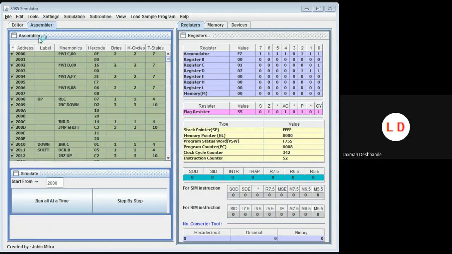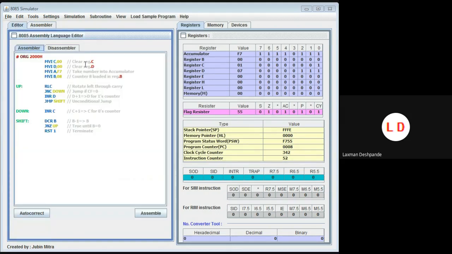So let us go for one more data. I'll go to the editor. Now instead of F7, let us go for 25.